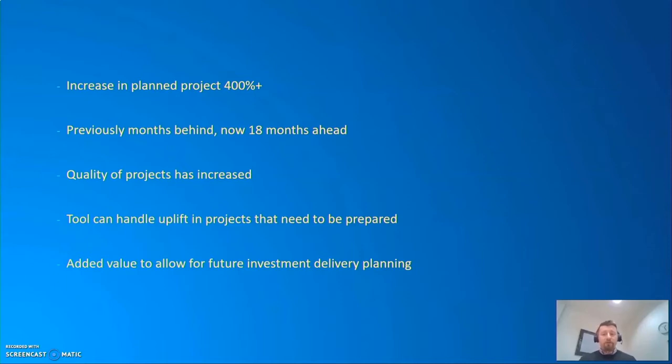The Overhead Renewal Planning tool has allowed the overhead planning engineers to go from planning 3 months in advance before CPP to now having 18 months of advanced planning in the pipeline. The tool has allowed detailed and accurate projects to be produced, as well as dealing with the uplift in the number of project requirements due to the increased budgets allowed. So we not only have a quite significant increase in quantity, but what's even more impressive, the quality of the projects that get created now has also increased.